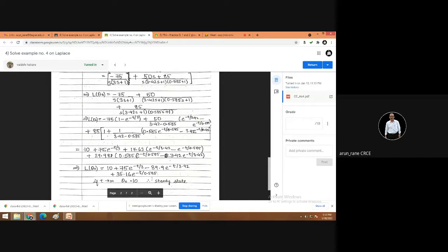What will be the steady state response? So now here, simplify, then you get this 10 plus, this is exponential form, this is exponential form, and this is exponential form. Good. So the steady state is this 10 and your transient form is this. Whatever is exponential will all come under the category of transient form.